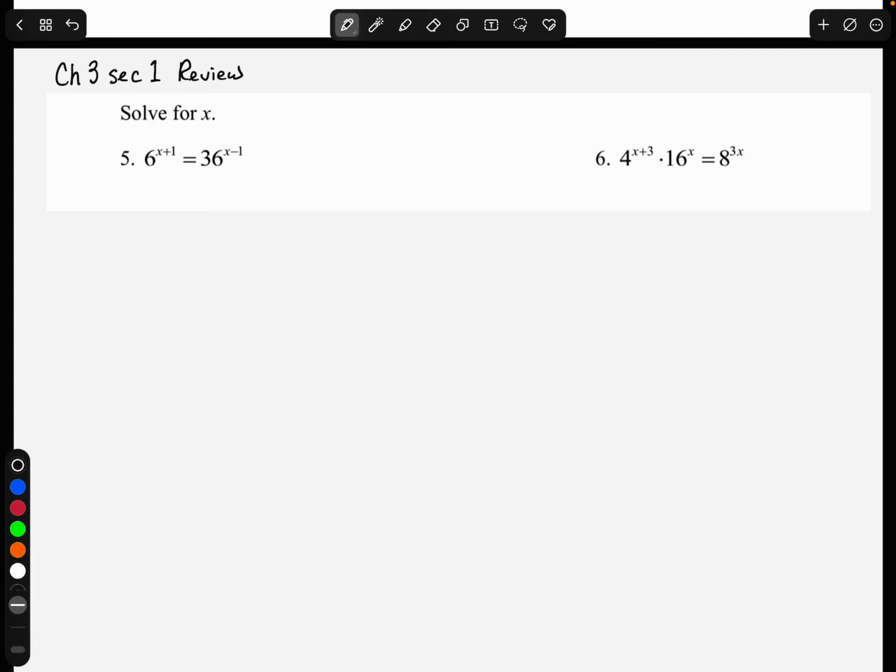Hi, this video is for problems 5 and 6 from the Chapter 3, Section 1 review. The directions on this one say solve for x. So for 5, we have 6 to the power of x plus 1 is equal to 36 to the power of x minus 1. All right, so since we're solving to find a value in the exponent, we're going